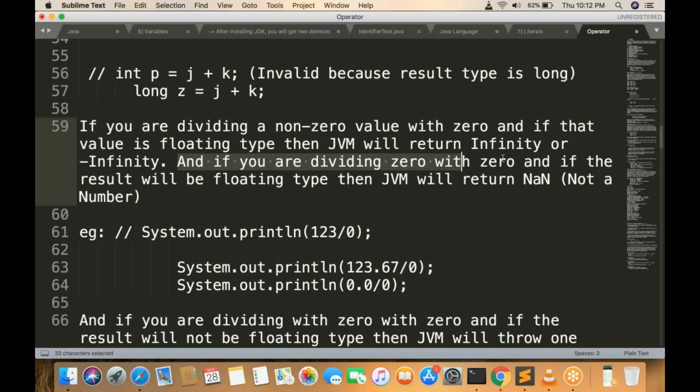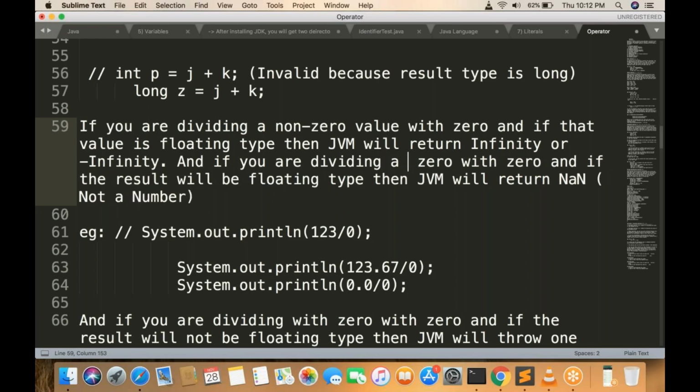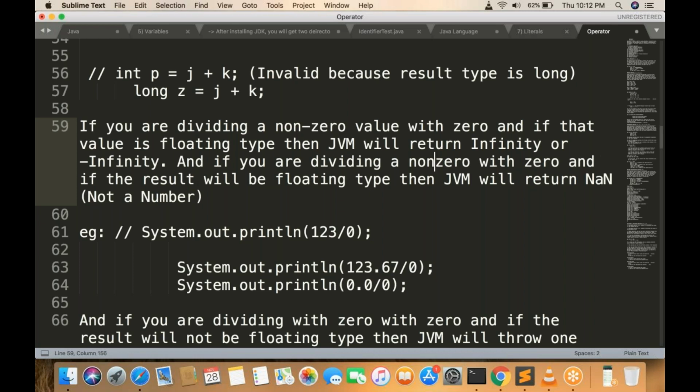Okay, and if you are dividing 0 with 0 itself, and if the result would be floating type, then JVM will return NaN. Okay, so let me just correct this sentence. If you're dividing a non-zero value with 0 and if that value is floating type, then JVM will return infinity or minus infinity. Correct. Now if you're dividing a 0,